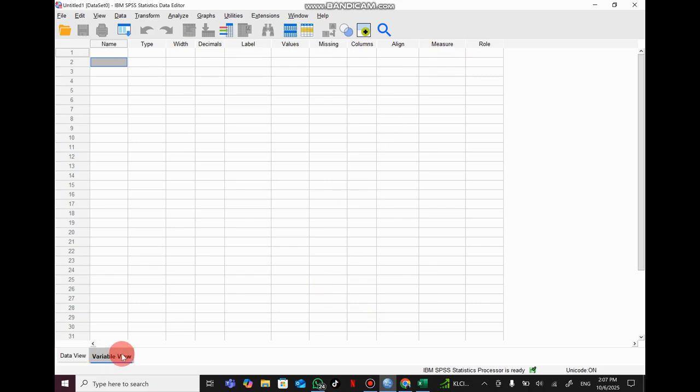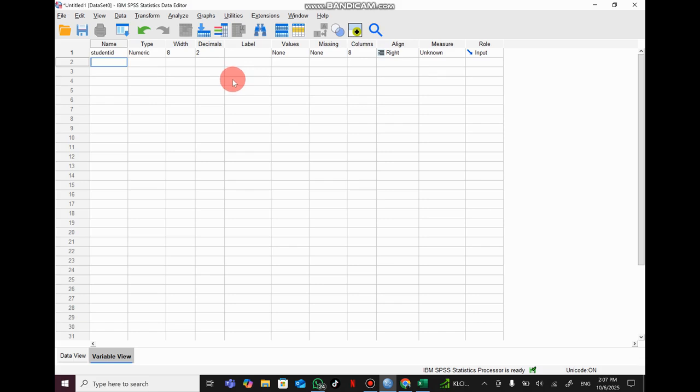Click the Variable View and then go to the first row and put the student ID. Here you can see the type is numeric, with two decimal places, right aligned.